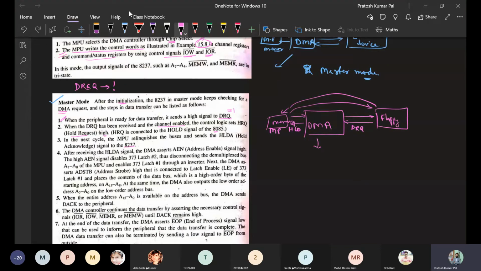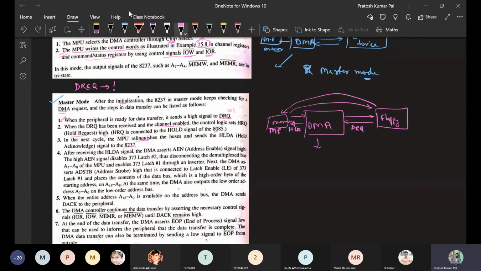Once the hold signal has been received by the microprocessor, it relinquishes, meaning it gives the control of the different buses, and it sends the signal HLDA.